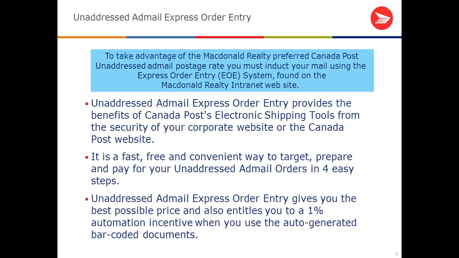All right. So now we've kind of done some planning. That's one of the newer methods of identifying your target area. The next step is what we call express order entry. This tool allows us to